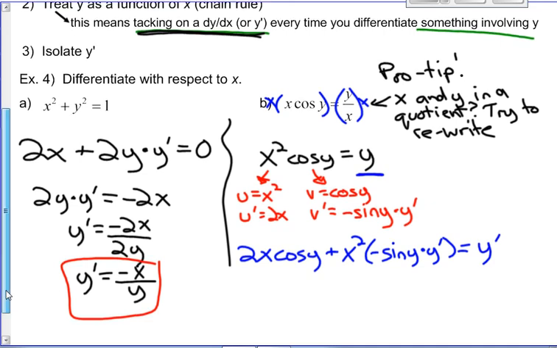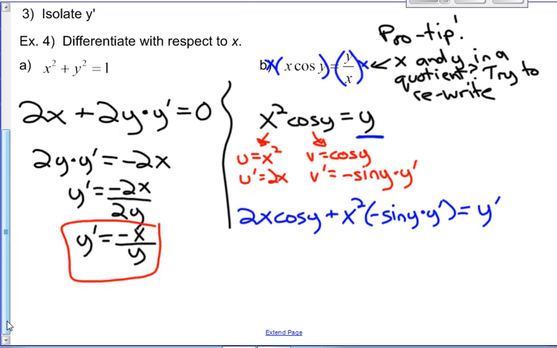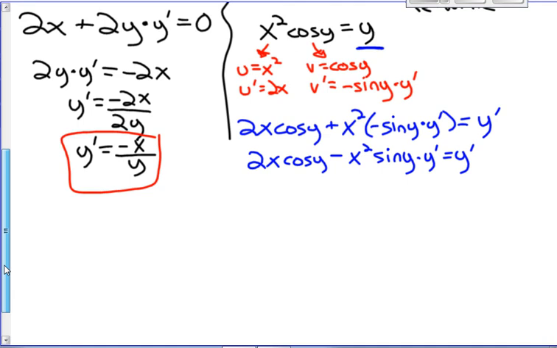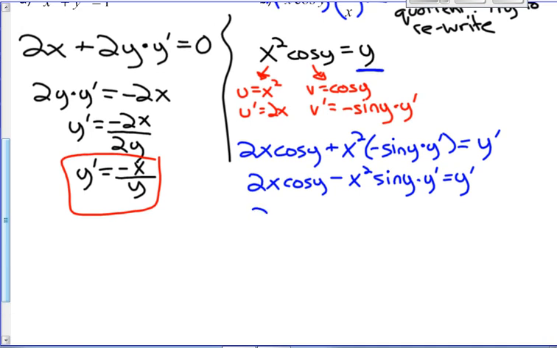Now notice we've got multiple terms that have y prime in them. So first of all, let's just clean up here. This is 2x cos y minus x squared sine y times y prime equals y prime. The way we deal with having multiple y prime terms is we combine them on one side. So I'll have 2x cos y equals y prime, and I'm going to move that other term over. X squared sine y